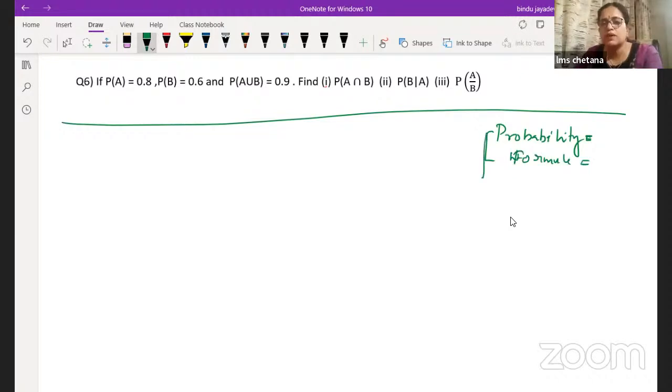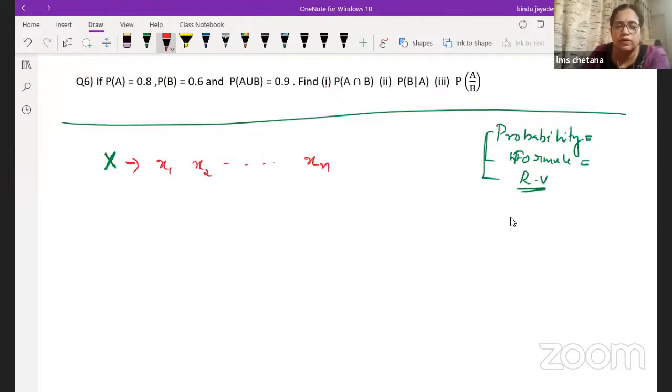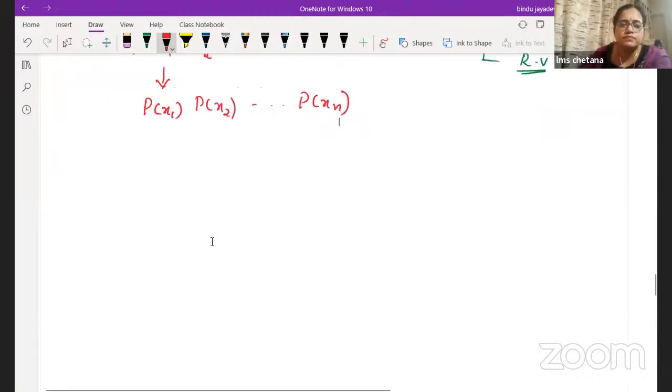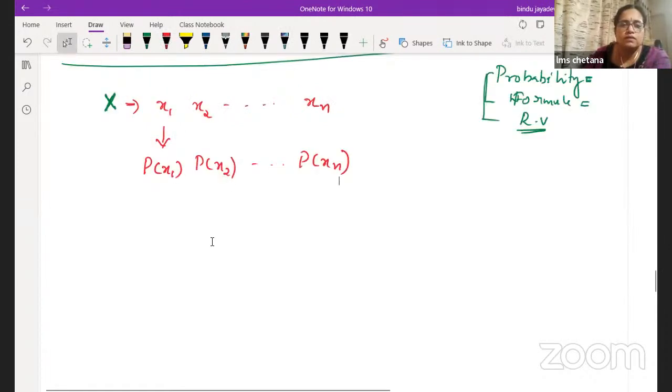Now, the last part is random variable. See, what is the meaning of that? Random experiment we learned, right? The same with the random variable. Here, if you take X values, I'm just teaching you the formula, then we are going to do it. Different X values like X1, X2, etc., Xn. There are many X values. According to X1, the probability of X1, probability of X2, etc., probability of Xn. Okay, now here we are going to find the